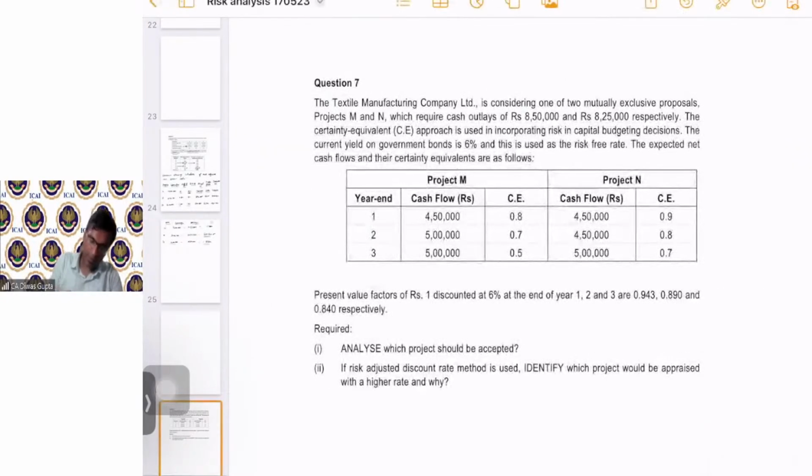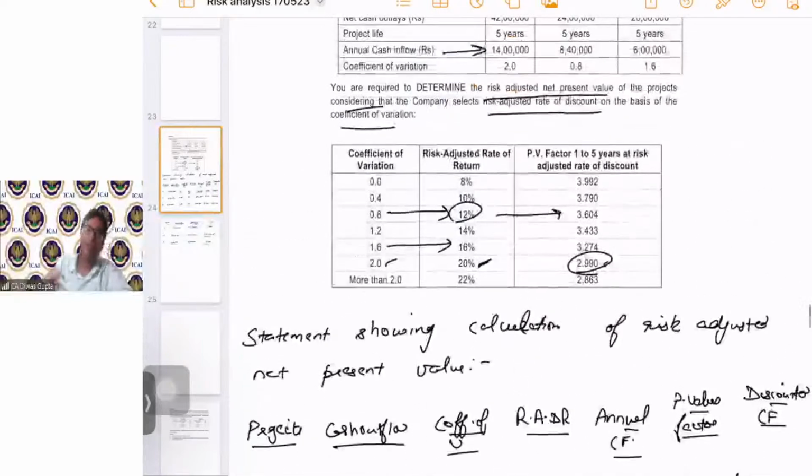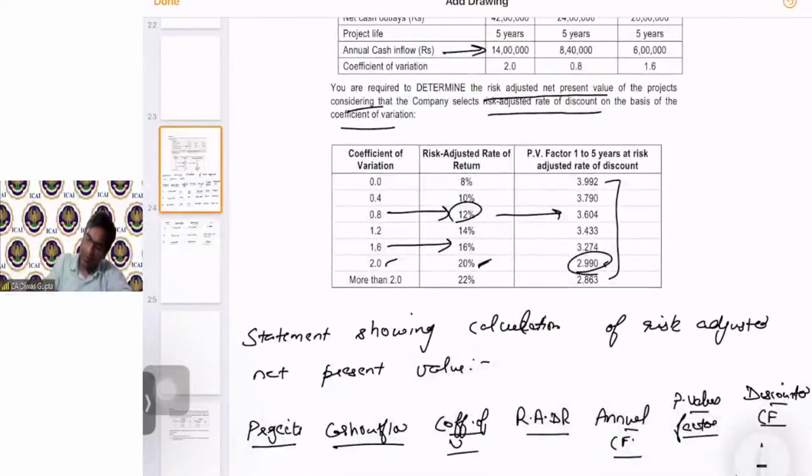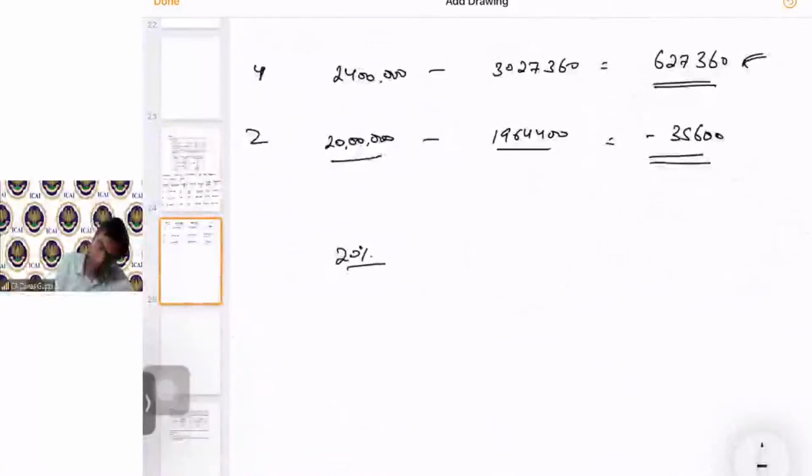Let's go to question number 7. Varsha is saying, okay, Darshan, what if PV factor isn't given in this, sir? Darshan, you are asking what if present value factor is not given? Then we can calculate, right? We can just simply do, see, for first year, what it will be. Let's say 12% is the discount rate.